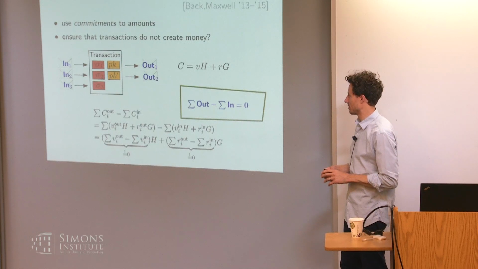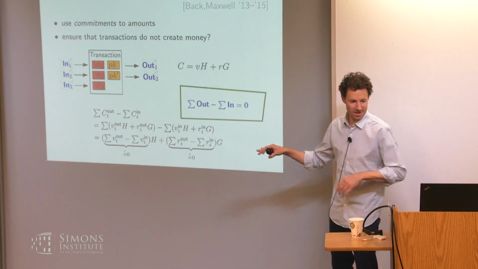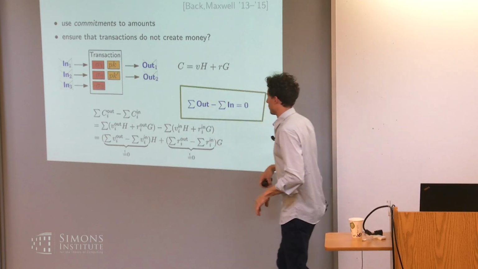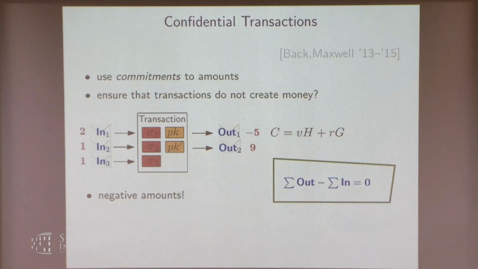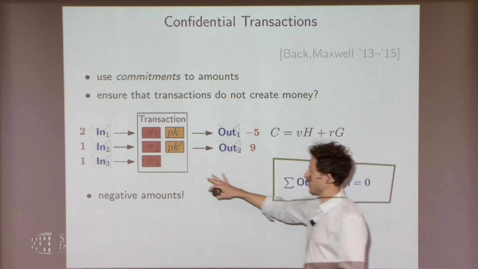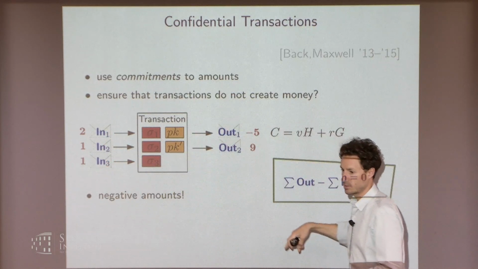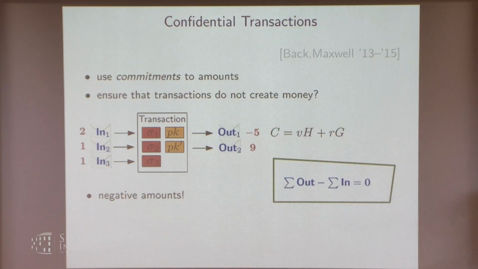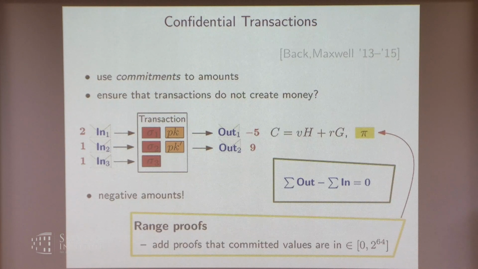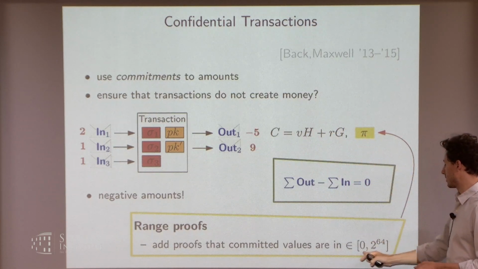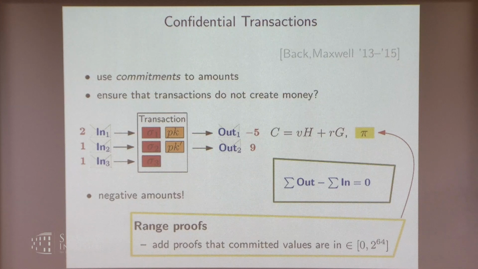I'll just, so this is for who's really interested. So you can do this balance checking by looking at commitments, and then you get a problem because you could create a transaction that's valid because it spends 2, 1 and 1 bitcoins, and it creates -5 and 9 bitcoins, so the sums check out. So that's, again, referring back to Dan's talk, what you use range proofs for. So with every commitment, you need to prove that this value is actually contained in some interval of reasonable amounts. So you avoid these